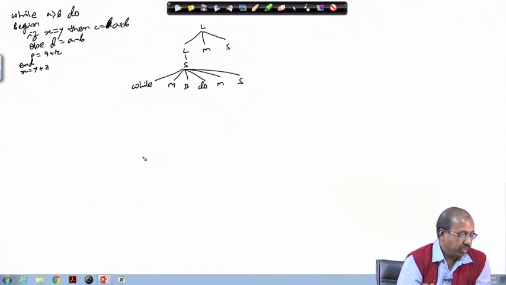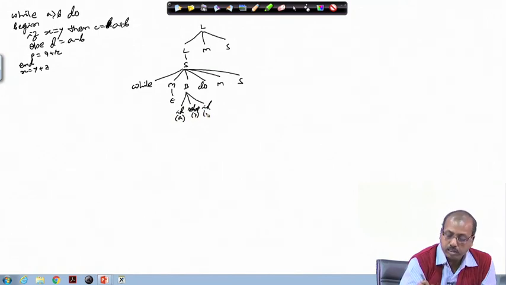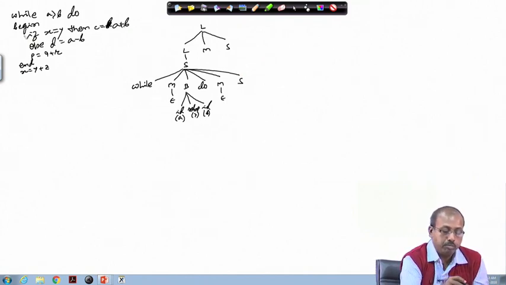Okay. Now, this M gives me epsilon. So, this B should give me the Boolean condition, that ID reloop ID. So, this ID is A, this reloop is greater than, so this is your B. Then this B gives us epsilon, and then this S should give me this begin end part.